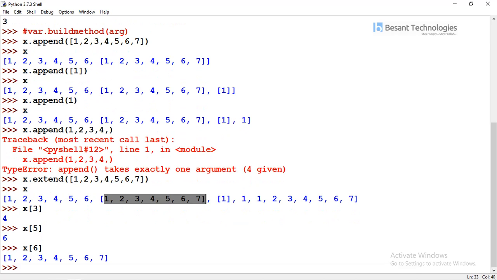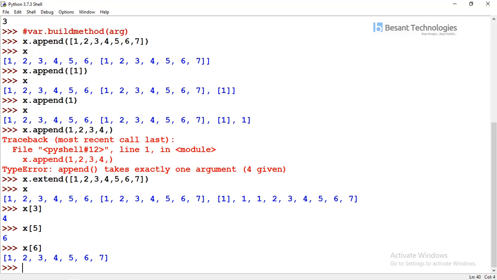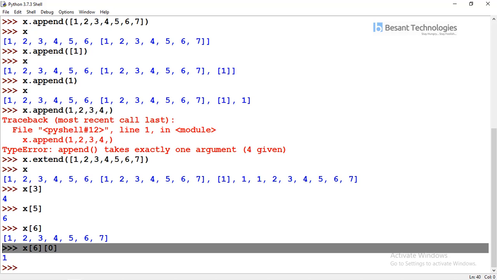Whichever elements we append are considered one index position. One list inside another list is what a nested list is. Now I want to handle this nested list, so I am giving 6, 0. From the 6th index, it gets the 0th index. This is the way to access nested element objects.